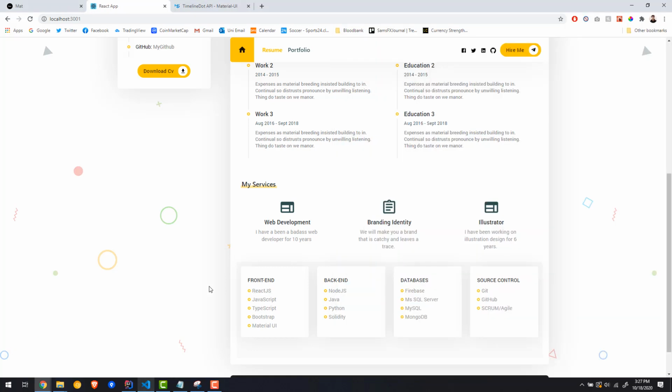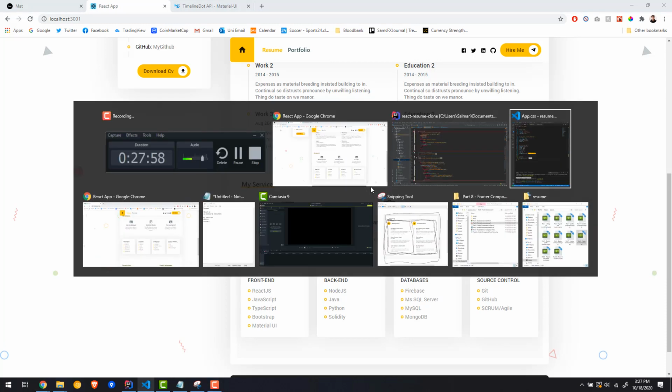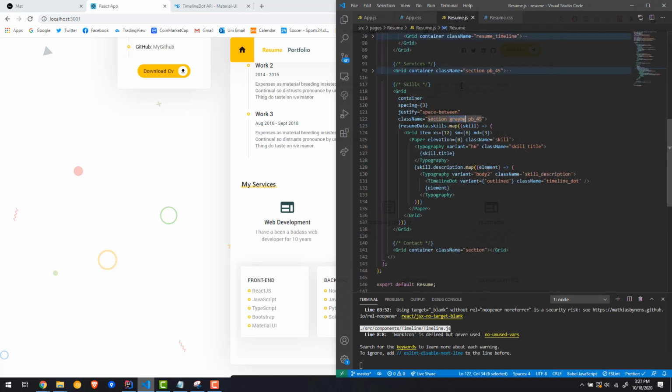So the problem we're getting is we have a padding outside. Let's have the padding inside first, right? So if I go back to the code, okay, let's go back to resume.css. Just bear with me for a second here. And then what I'm gonna do is, inside the container,